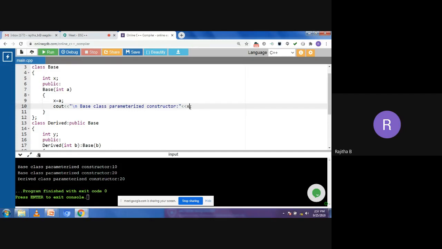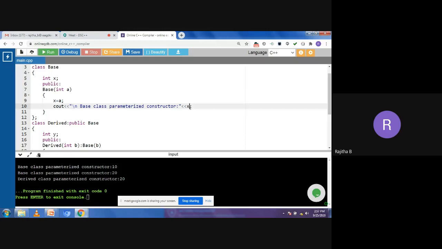So in this session we discussed hybrid inheritance, a combination of any types of inheritances. When you are taking hierarchical inheritance and multiple inheritance, you may get the chance of taking a number of copies of functions or data members into the derived class. So the compiler gets confused because we have a number of copies in the class. To overcome that problem, we can use the virtual keyword. And the second concept here is the constructor.